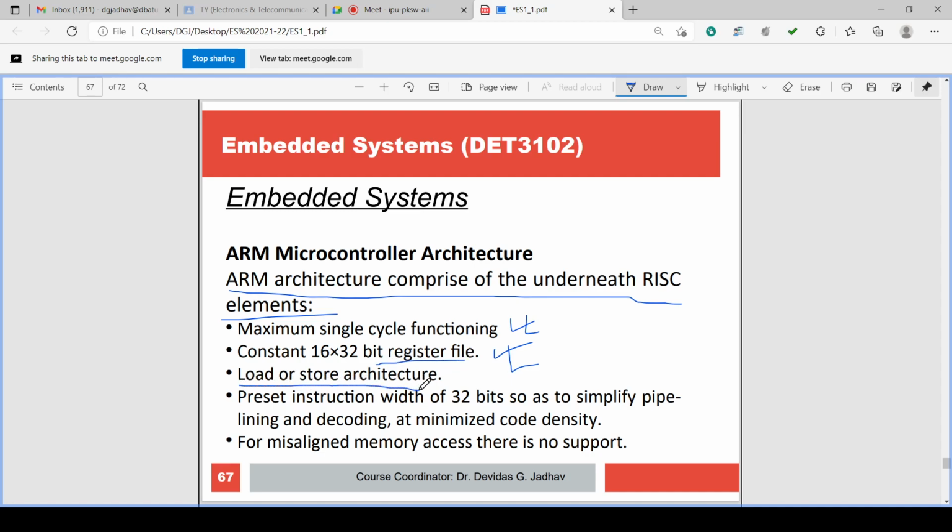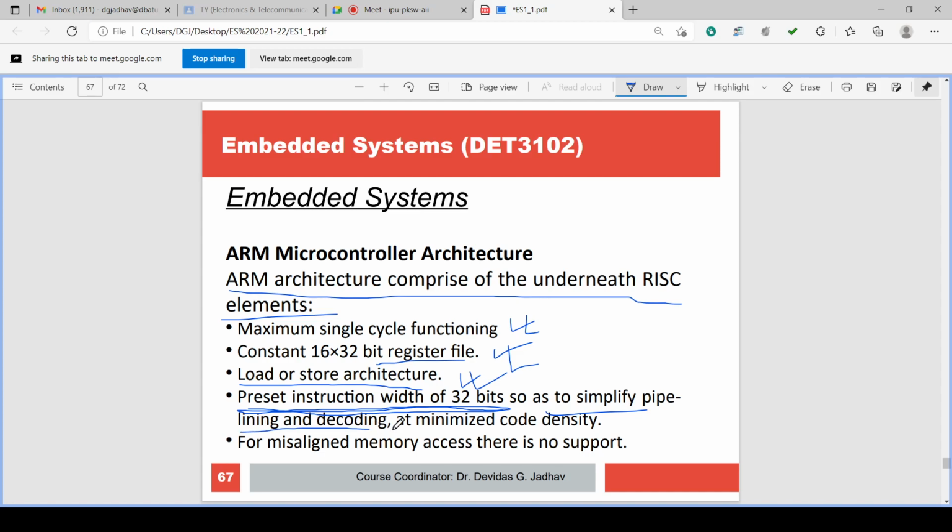Load or store architecture. It can load or store the information and data. It is a preset instruction width. How much is it? A preset instruction width of 32 bits. It is already preset, 32 bits, so as to simplify